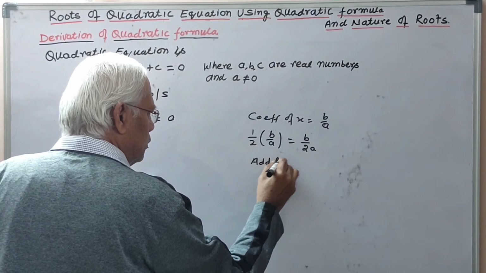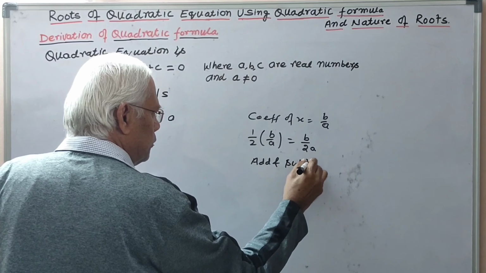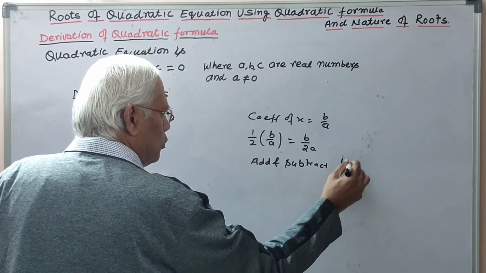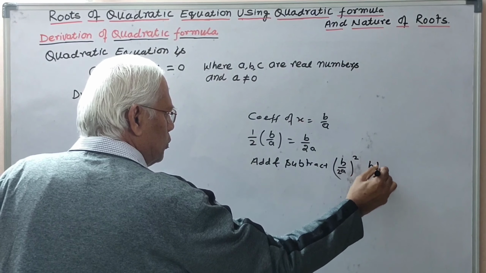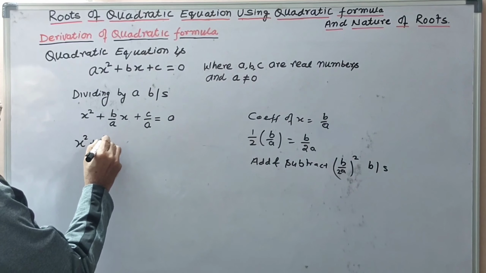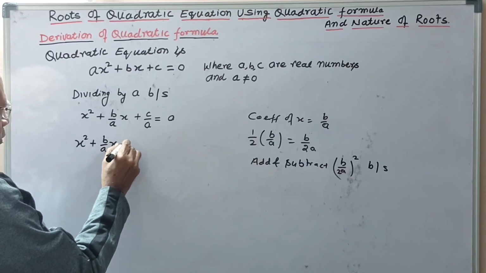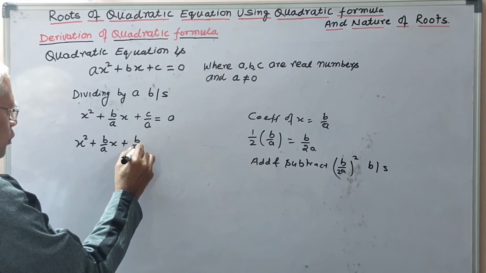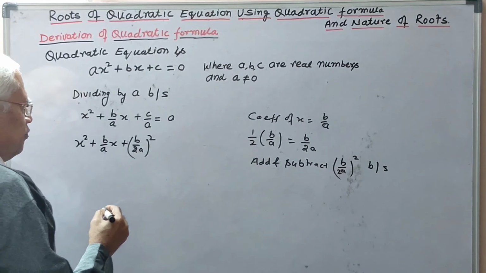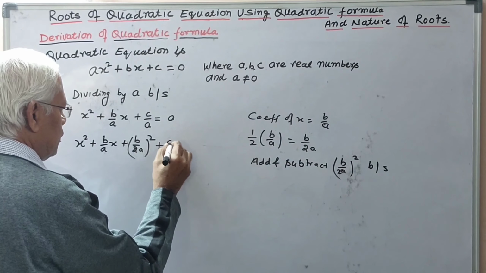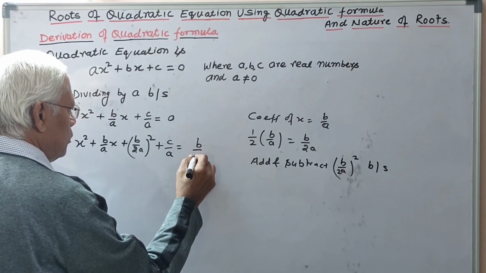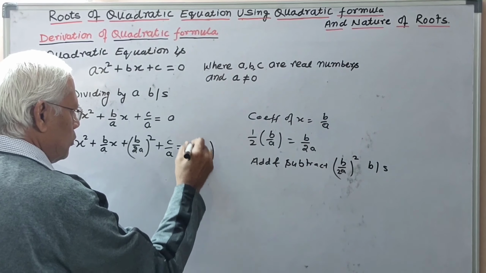Add and subtract b upon 2a whole square both sides. So x square plus b upon a x plus adding b upon 2a whole square plus c upon a equal to b upon 2a whole square,